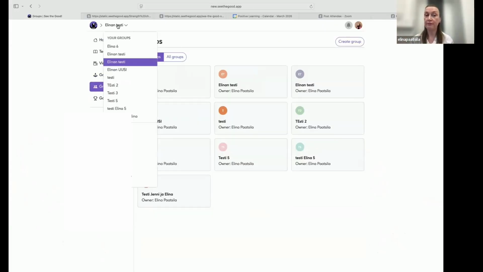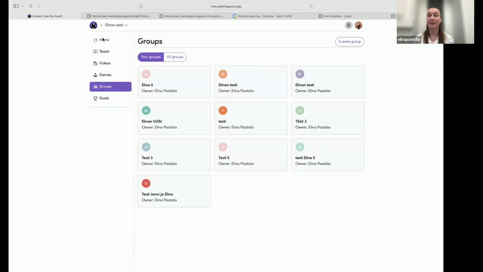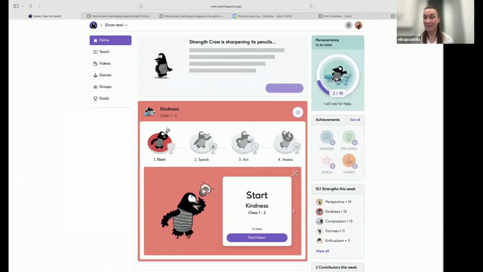And the groups are open, so you can have a look or join any of these groups. So for example, as we always have, every group has several teachers. They have perhaps an English teacher or French teacher or a music teacher. So they can go to the group and see the goal that they are having. And if the teachers want to collaborate, they can use the same goal, the music teacher in her classroom, so they can share it. And that's sort of the idea of giving the opportunity to collaborate there.